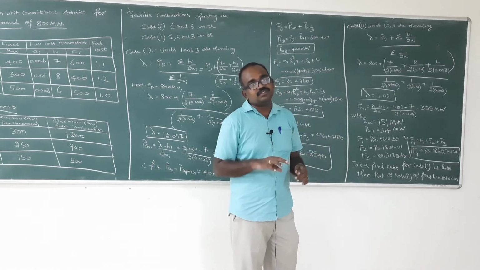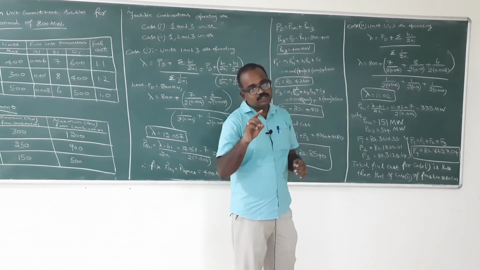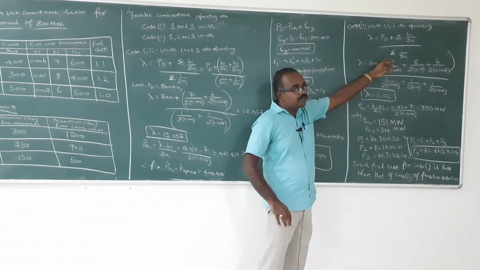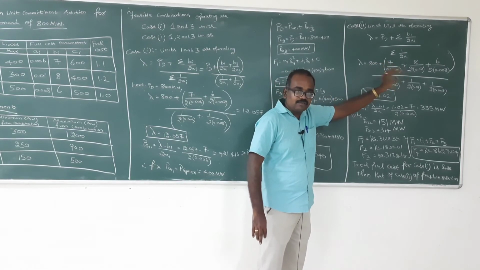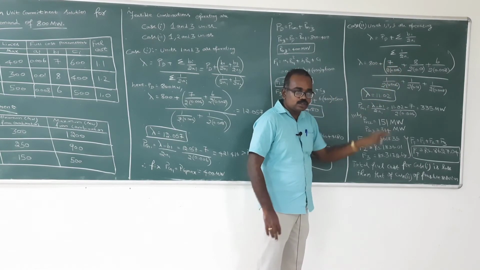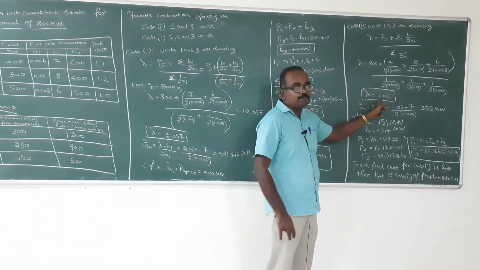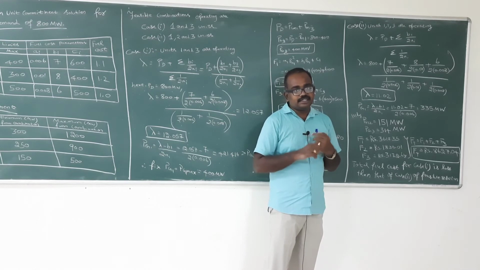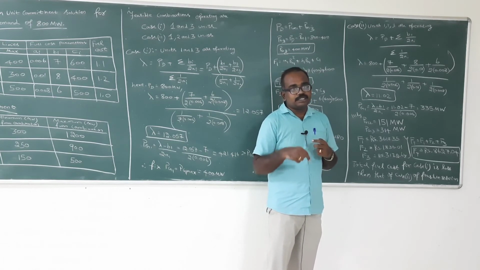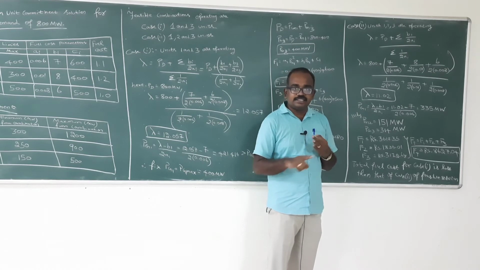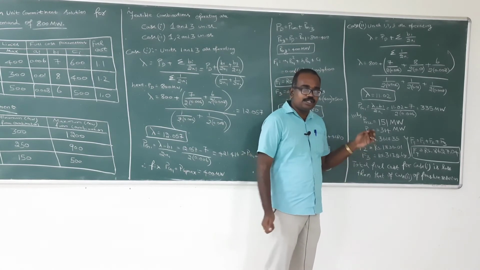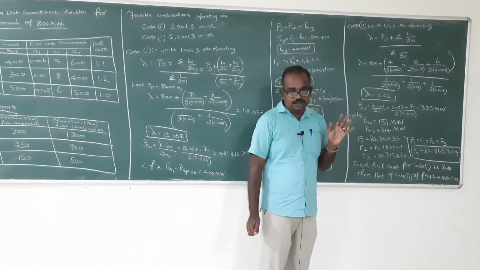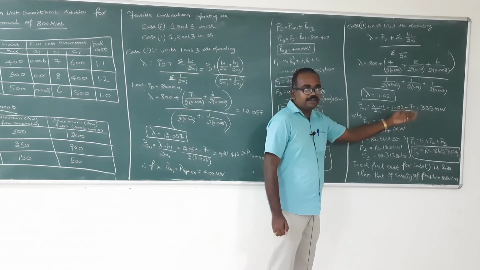Here also the first step is we have to find the lambda value. So PD plus summation of Bi divided by 2Ai, divided by summation of 1 divided by 2Ai. We have to substitute all those values. We can get the lambda as 11.02. Next thing, we have to find the respective Pg1, Pg2, Pg3 values. The same formula we are going to use here. The only variation is we are varying the lambda value. So 11.02, the remaining values are same.